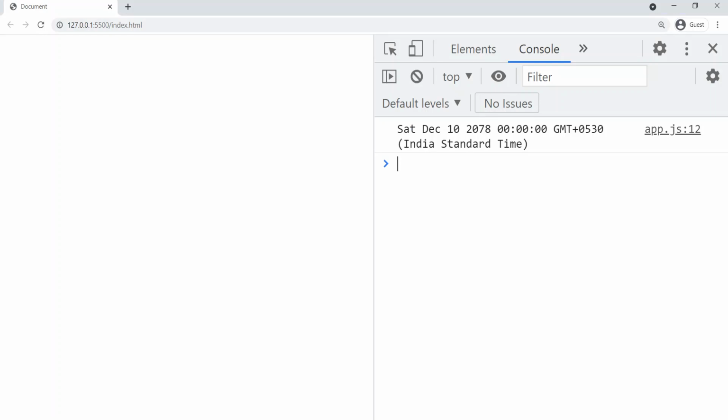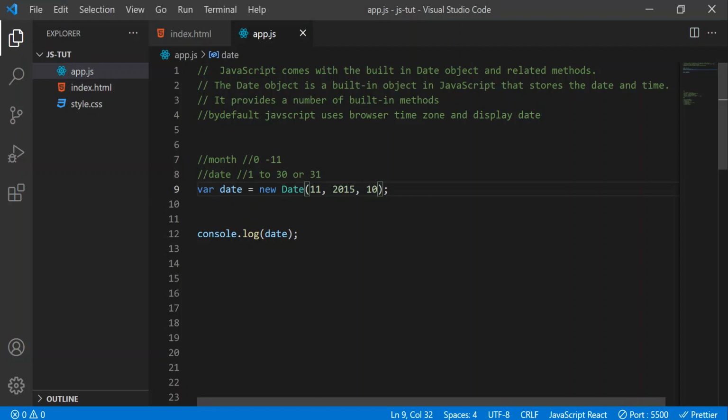That means friends, here the order is very important, order matters a lot. You have to always give the first argument as year, that means 2015, the second argument as month, that is 11, and the third will be day, 30. Next, what if I want to show only two values? That means what if I want to show only year and month?